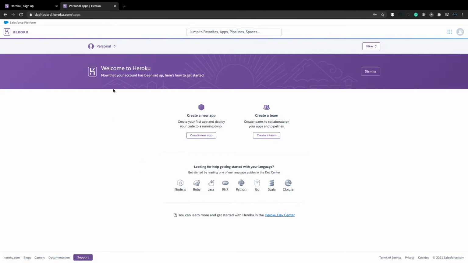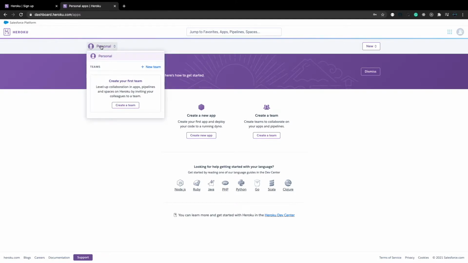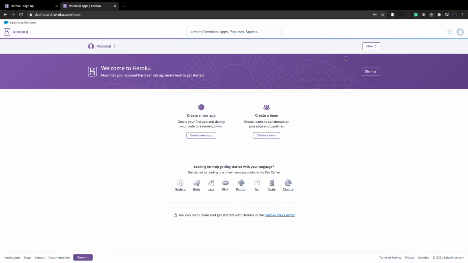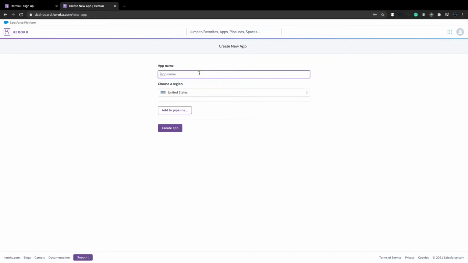So let's first look here in the personal section, this is where it will show the list of your account. Here it says create a team. We are not going to create a team, and see here on the right side this New button. Try pressing this one, and then it will ask you to create a new app. So that's what we are going to do. Just press create new app. Then here it will ask you to add your project name. For example, I'm going to just call it